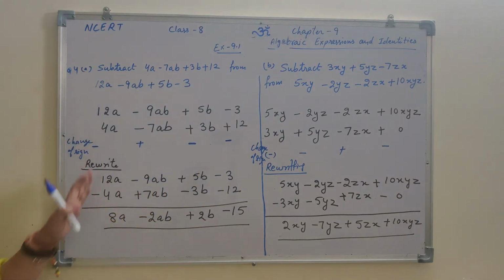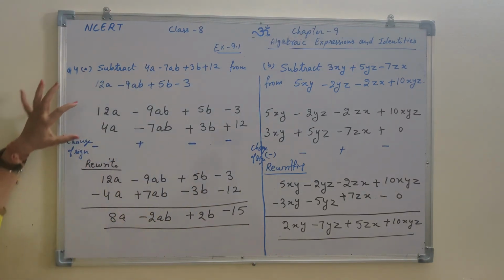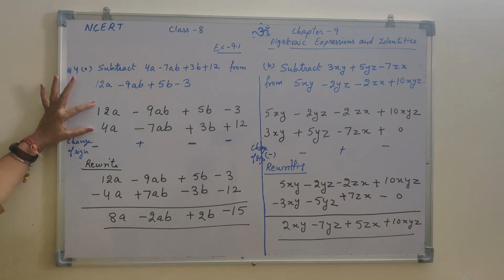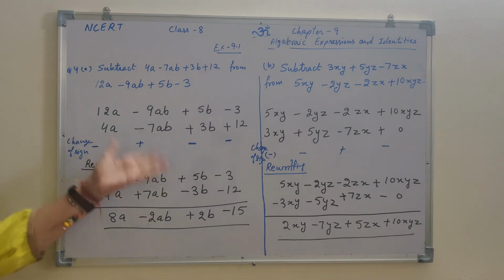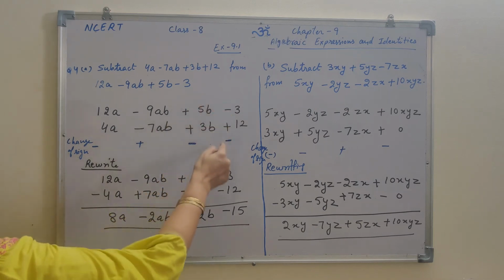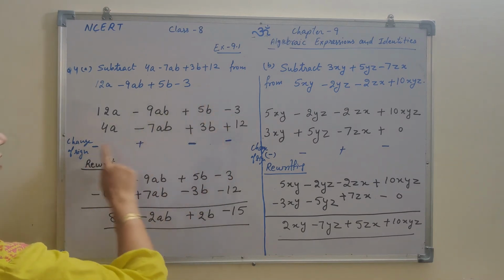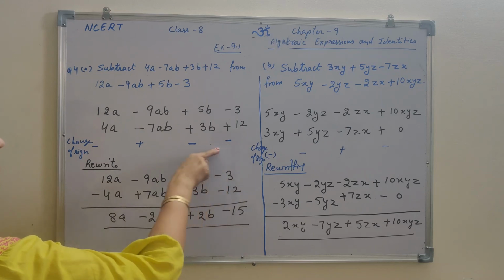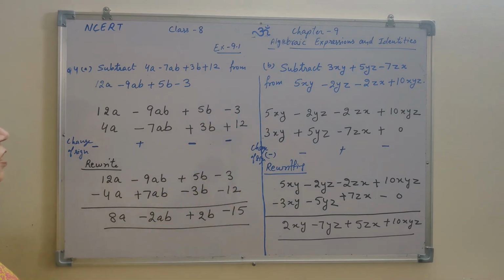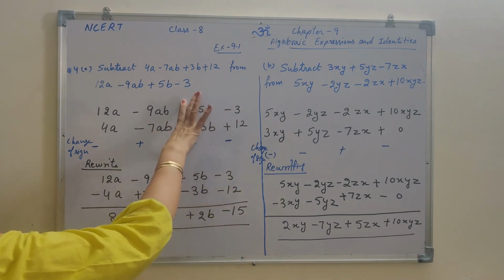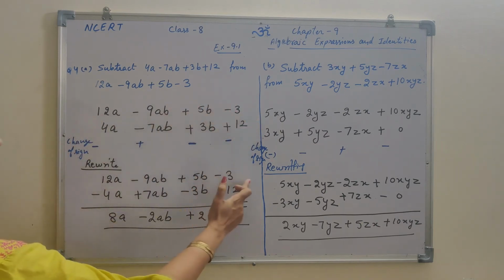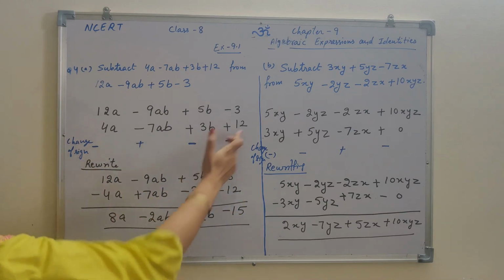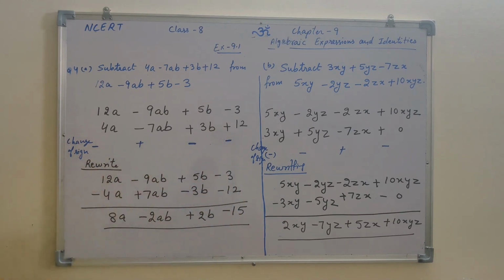I hope you understood how to do subtraction. One important point: first, how to arrange them, that is important. And the point we use only when doing subtraction is change of sign. After changing the sign, if you are comfortable, you can do addition here also, because after changing the sign we are using the rules of addition only. And if you are not comfortable, you can rewrite them. First, the expression will remain the same. Second way, write down with the change of sign and then solve it. Okay.